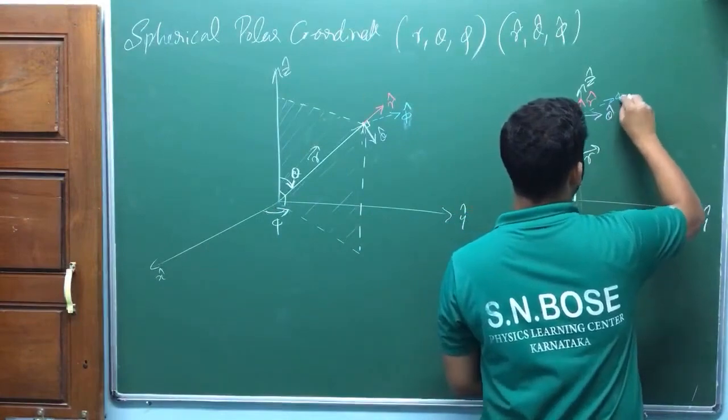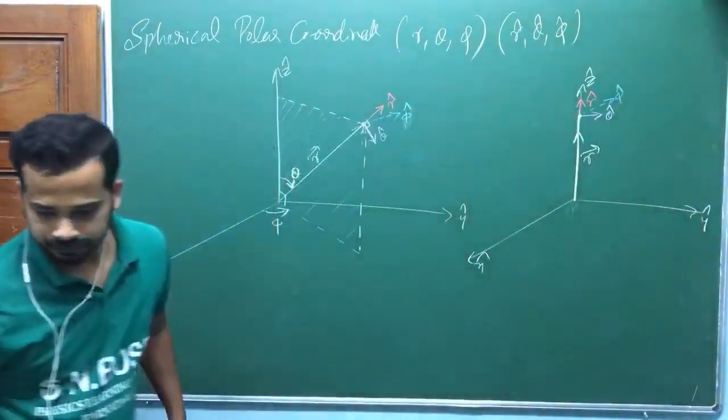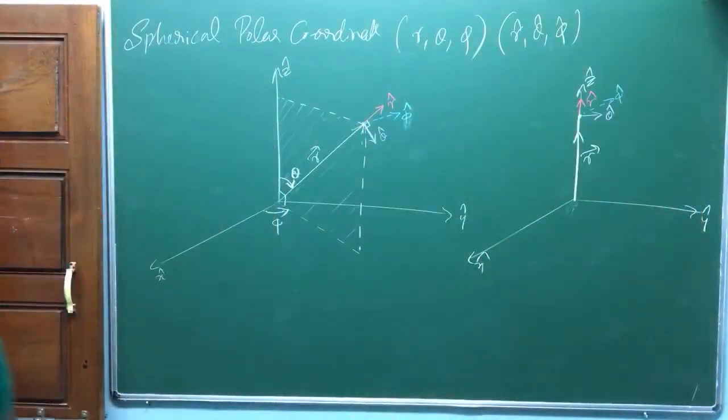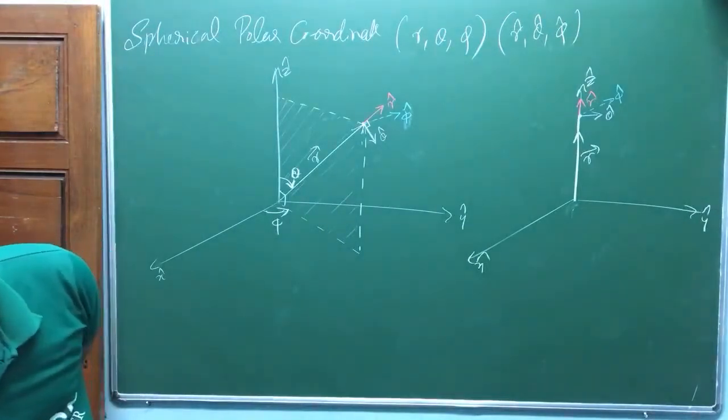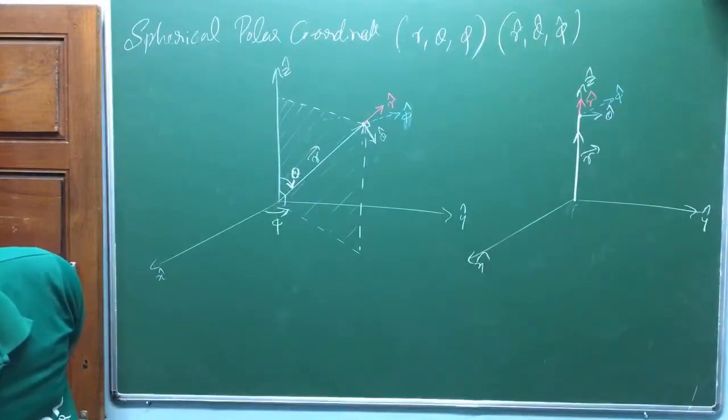Check this out, phi cap direction. Wait a second, I got a small confusion. R cap, I need theta cap when theta equal to 0. Yeah, that's along